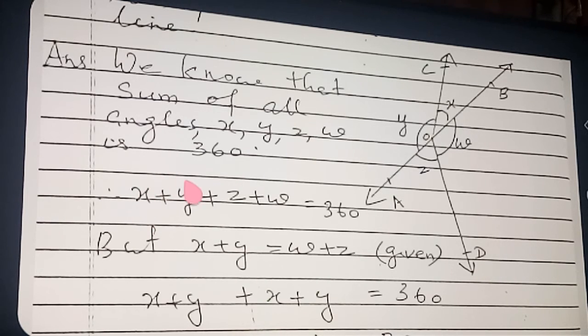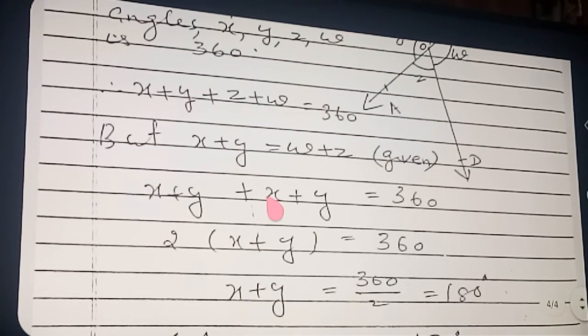Any one change. Don't change both. Okay. Here you see, here I kept x plus y as it is. Here, in the place of w plus z, what did I write? x plus y. Are you clear? Once more, see. x plus y is kept as it is over there, no? Yes. Then w plus z is the same as how much is given? x plus y. So in the place of w plus z, I wrote x plus y. Okay, see here. x plus y plus x plus y is equal to 360. Clear? Okay. Now, how many x do we gain? 2x gained. How many y? 2y gained. So I took 2 common outside.